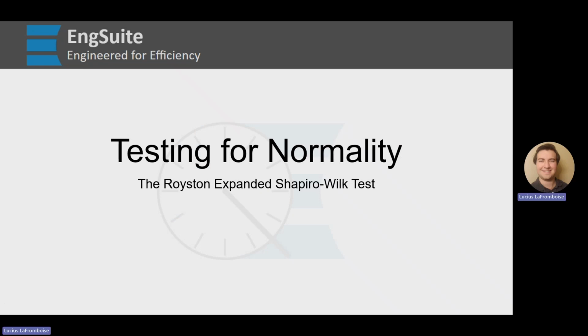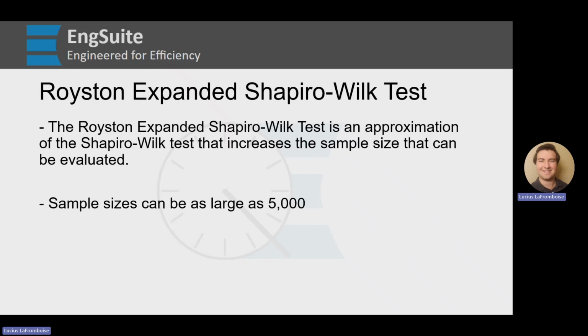And today we are going to continue talking about normality testing by learning about the Royston expanded Shapiro-Wilk test. So last week you may remember that we took a look at the Shapiro-Wilk test, but it only calculates for sample sizes up to 50. As engineers, that's generally going to be enough, but sometimes we have to do more than 50, and with the power of the Shapiro-Wilk test, which we'll get into later, it is very helpful to have this Royston expanded, because